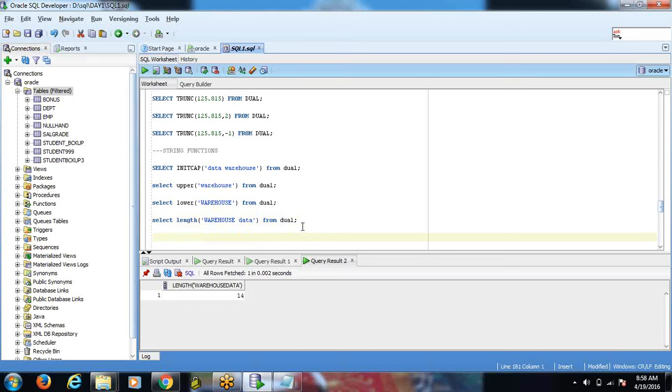Yeah. And then the next function, rpad. Select rpad of, suppose I am writing one particular string, computer, and in this I want to add up to 15 as a total.